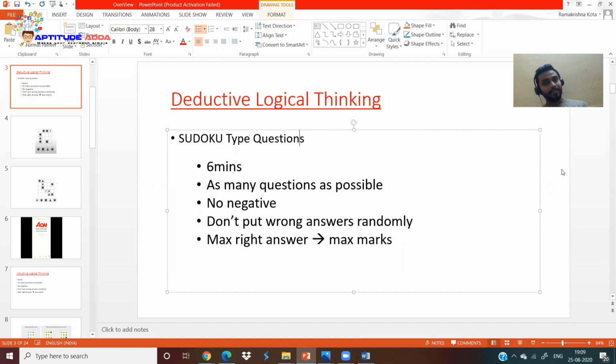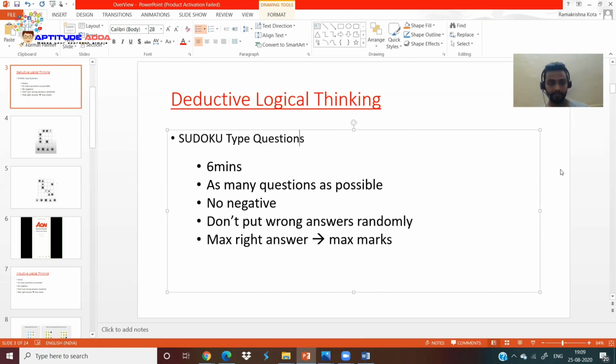You can answer as many questions as possible, but even though there is no negative marking, it is not recommended to click on random options, because the probability of getting correct answers will come down and it may affect your result. So don't keep clicking on option 3 if your lucky number is 3. Don't do that. Analyze the problem, try to solve it, and then click on the correct answer.